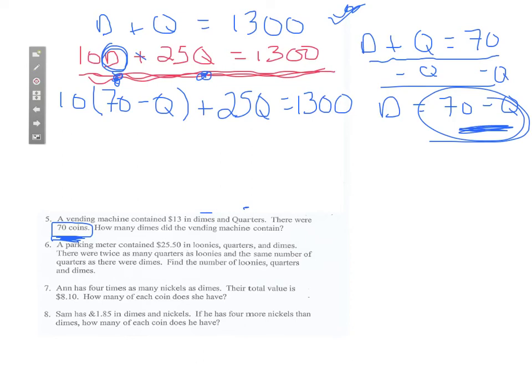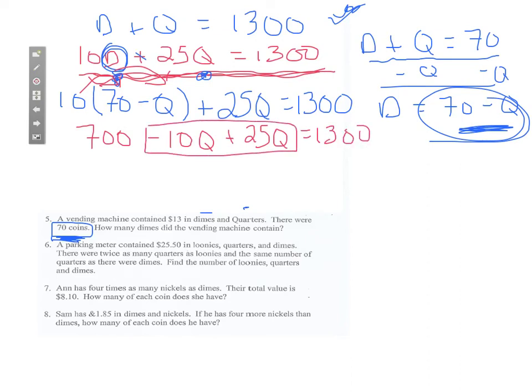So from here we'll use our distributive property to get 700 minus 10Q plus 25Q equals 1300. We combine our like terms, we get 700 plus 15Q equals 1300. Using algebra skills,